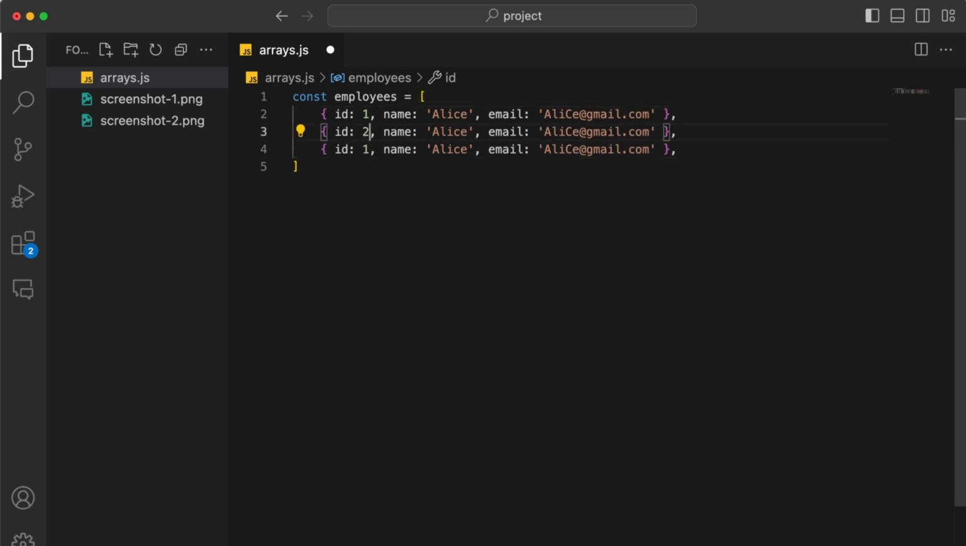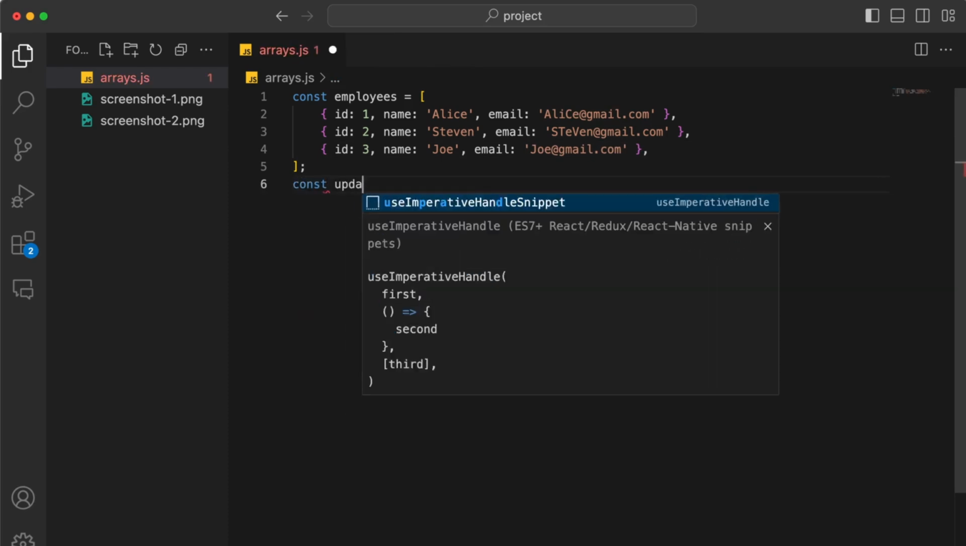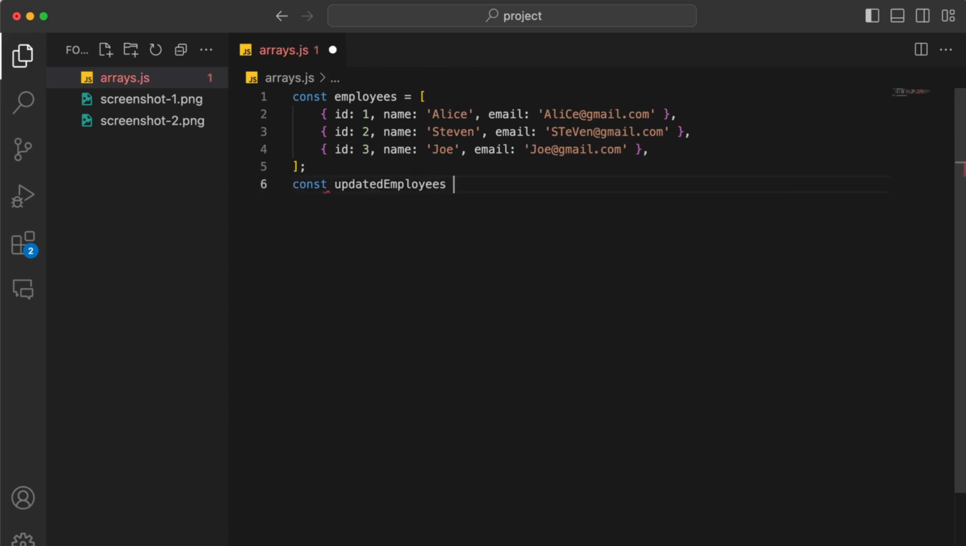I'll make 2 more copies and update the IDs and the names. So here I'll say Stephen, and I'll say Joe. And for the email, I'll just say in mixed case, and Joe. Ending with the semicolon. So now performing the map, I'll say const updatedEmployees, assigned to